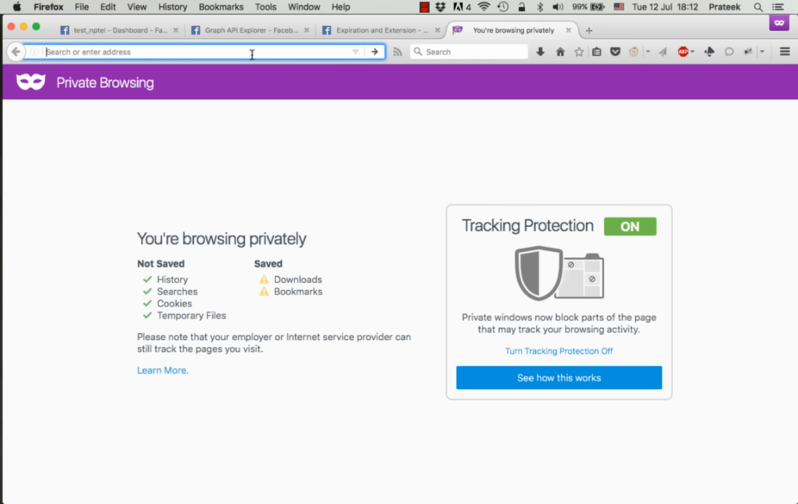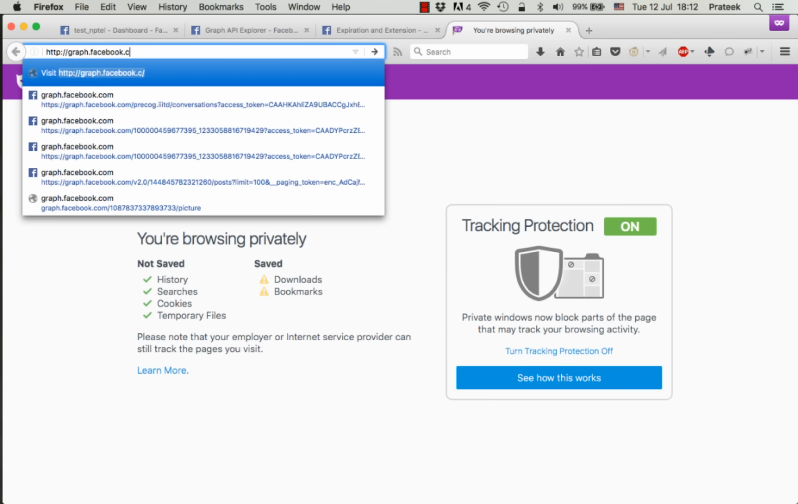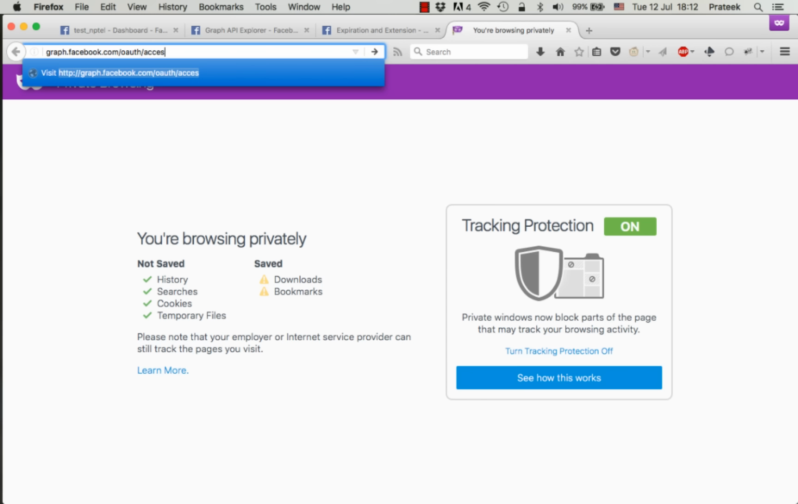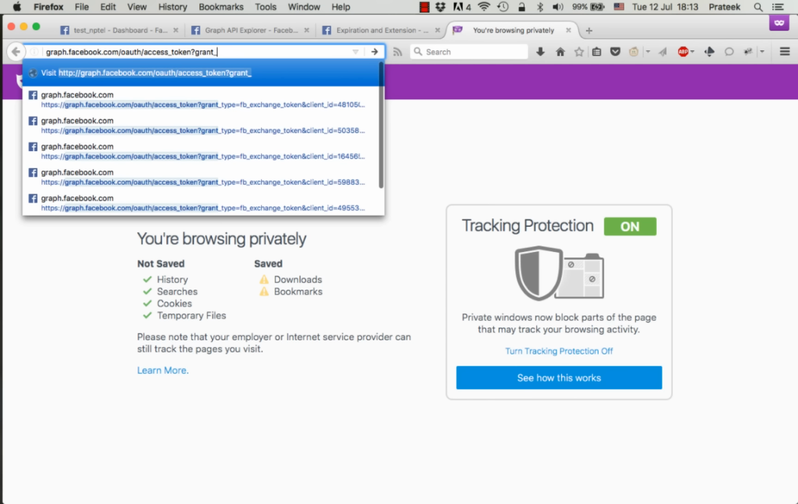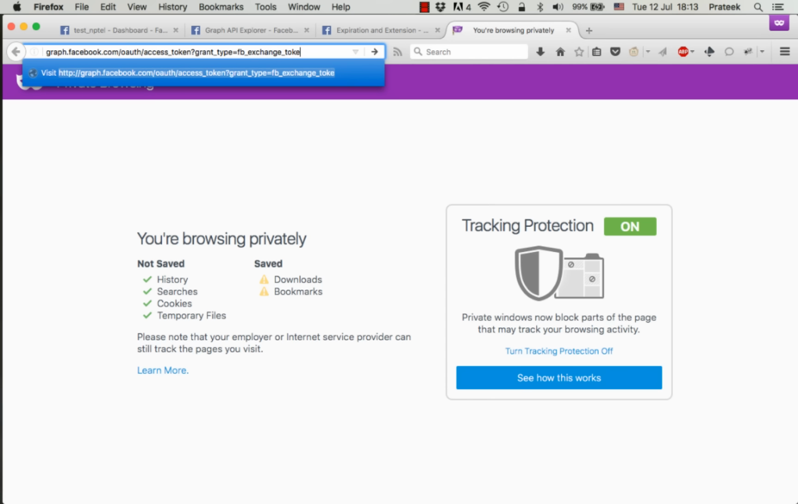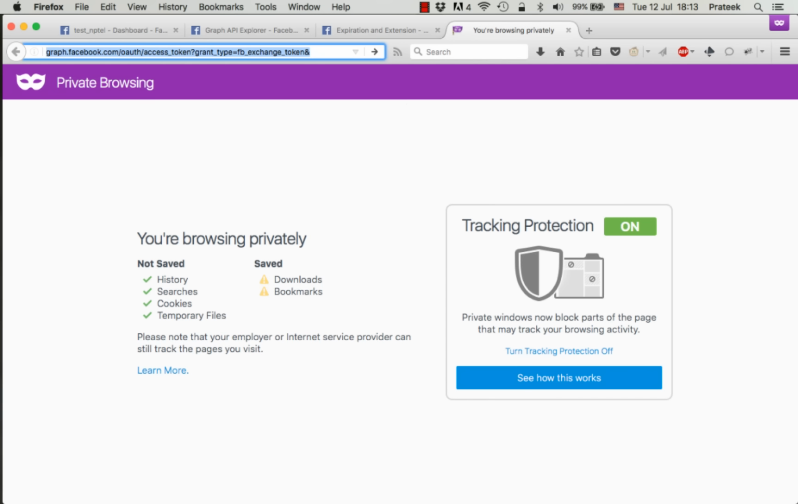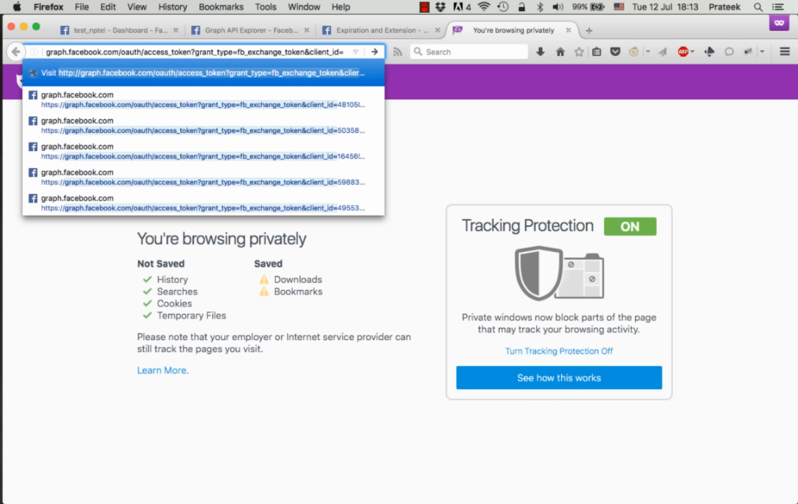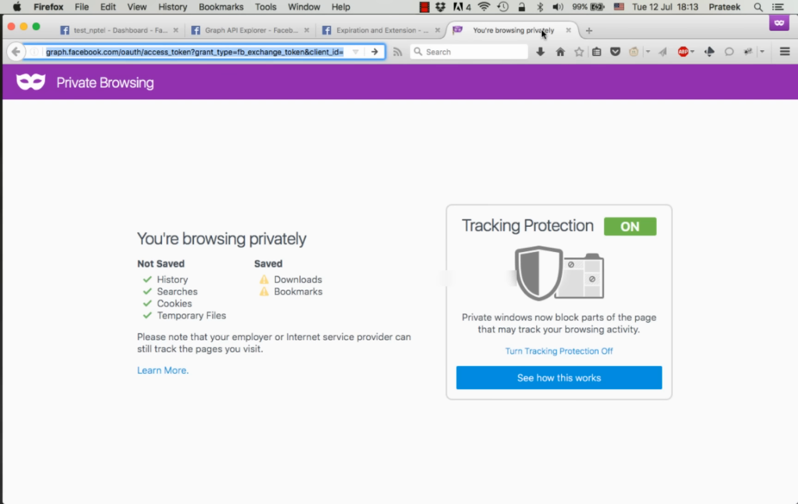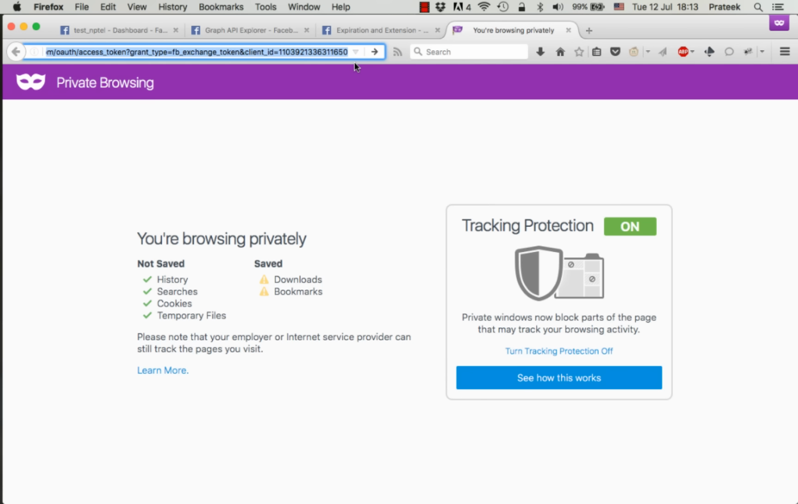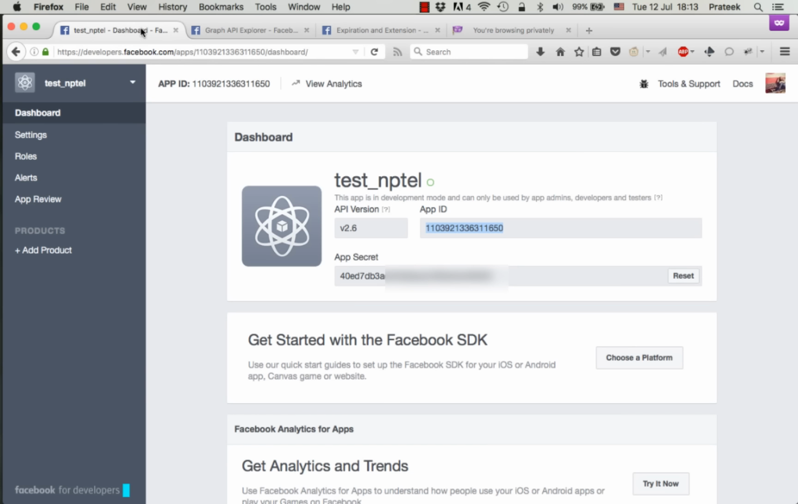So now open a new tab and type in http graph.facebook.com/oauth/access_token?grant_type=fb_exchange_token&client_id=the app id&client_secret=the app secret